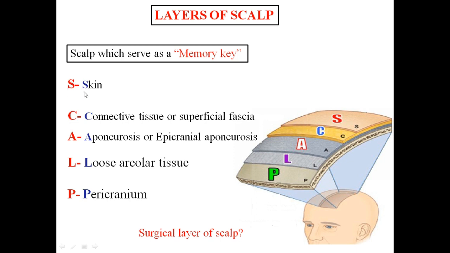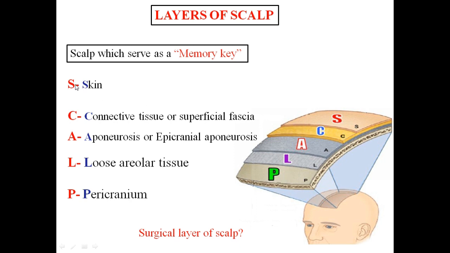S stands for skin, C stands for connective tissue or superficial fascia, A stands for the aponeurosis or epicranial aponeurosis, L stands for the loose areolar tissue, P stands for the pericranium. You can see that there are 5 layers of the scalp,